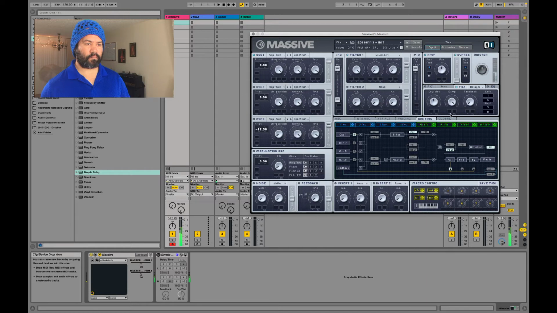Yeah. So that's that. Sounds pretty similar. Except for some reason this one's louder. I don't know why. That's weird. But yeah, you know, this is a pretty well used plugin if you haven't really used it. Now it's in sync, just like this one is. But you can also make it function like this one, just regular delay,